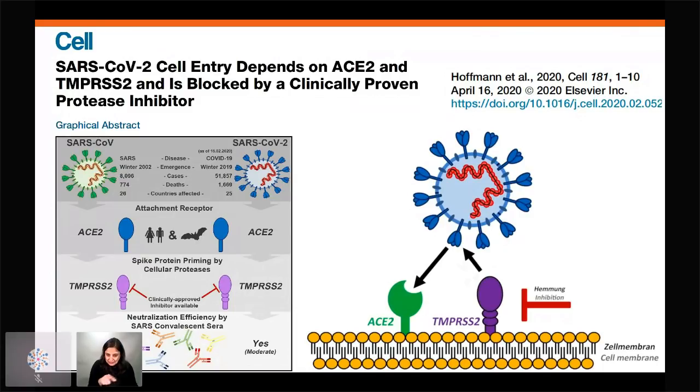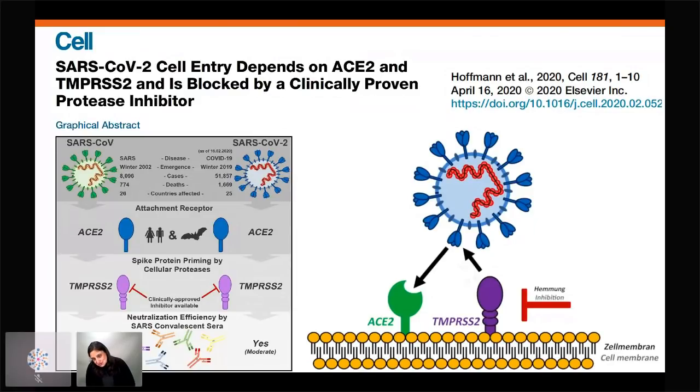And you can see that there is something green that looks like a moon with a bite taken out of it. That's called ACE2. It's something that we have on the surface of our cells. And that blue thing with all the spikes, that's the coronavirus. And the coronavirus spike protein recognizes this ACE2 as a receptor binding site. That's how it actually gets into things like our lung tissue.